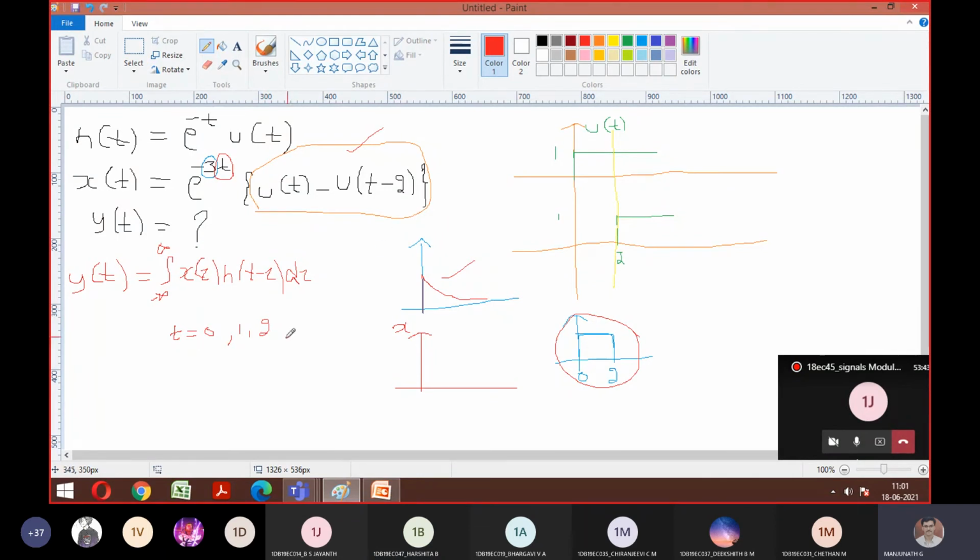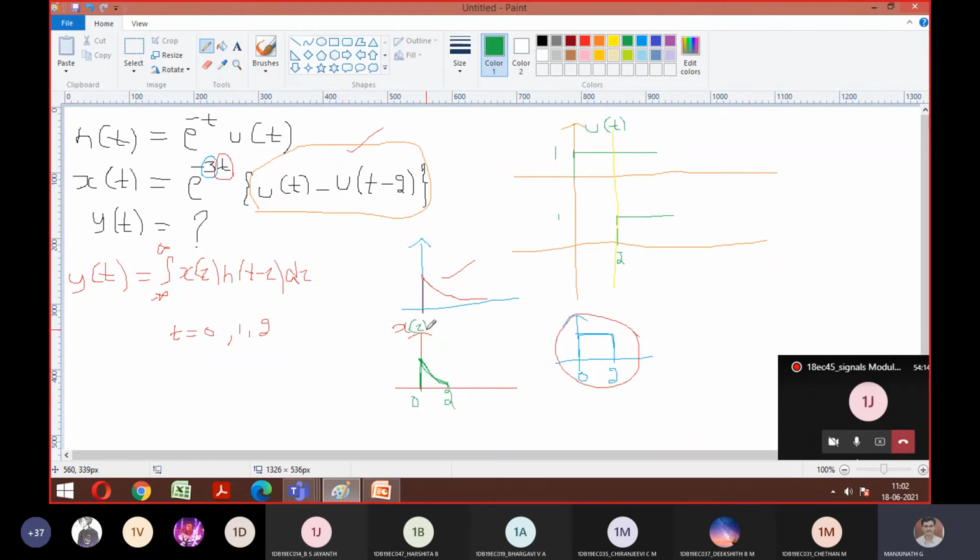So since it is ending at this junction, how to plot a new waveform? So just check out, is it how it looks? For t equal to 0 it is maximum. It dips and ends at 2. Is it okay? Is it ending at 2 now? Yes, sir. So this is how a new signal looks with respect to x of tau.